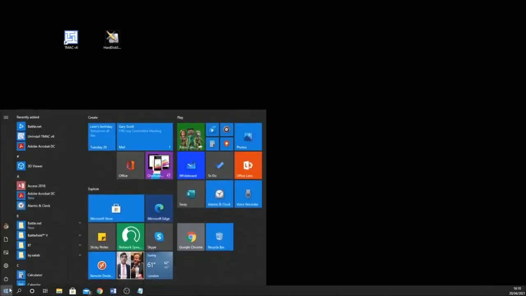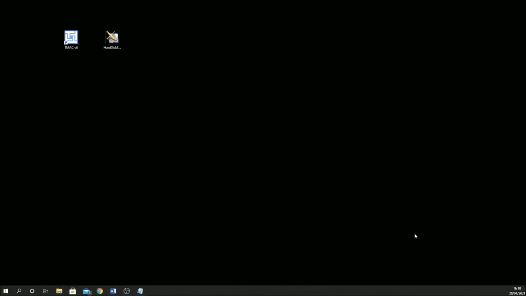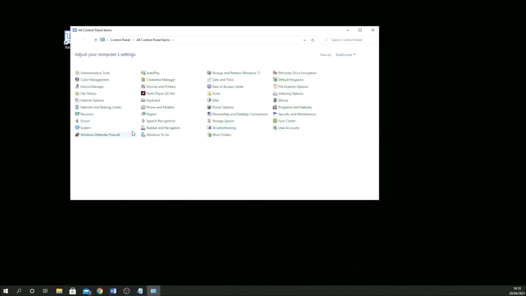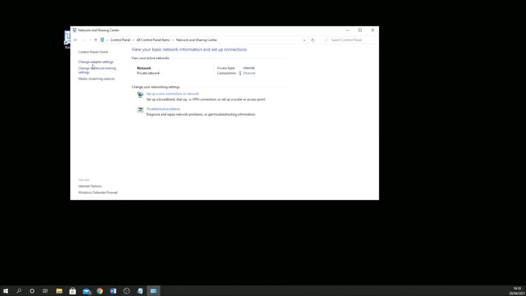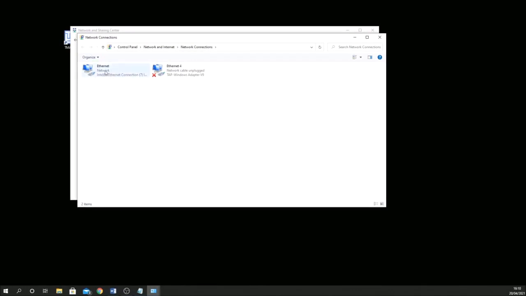close that, and again at this point you need to restart your computer to make sure that the changes have stuck. So I'm going to reboot my computer, and then we're going to check to make sure that those changes have stayed. Okay, so my computer is rebooted, and now we need to check that our MAC address changes have stayed. So again, I'm going to fire up Control Panel. And Network and Sharing Center. Left hand column again, change adapter settings, double click on my network connection,